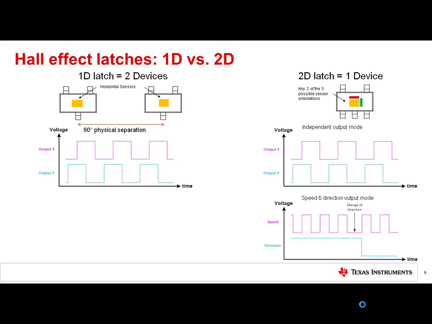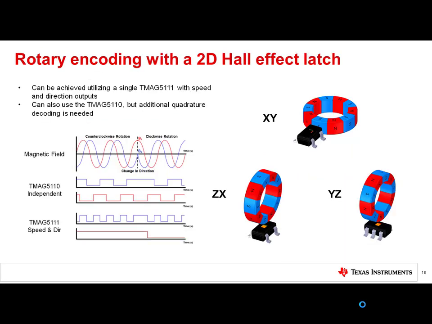when monitoring incremental rotation. With the new class of 2D latches, the 90 degrees phase relationship of the two Hall sensors offer inherent quadrature for rotary encoding applications, overcoming the limitations of dual latches with planar elements or the use of two 1D latches. TI's family of 2D latches offer three two-axis sensing options: XY, ZX, and YZ. The different sensing directions allow a variety of sensing configurations, including off-axis placements.